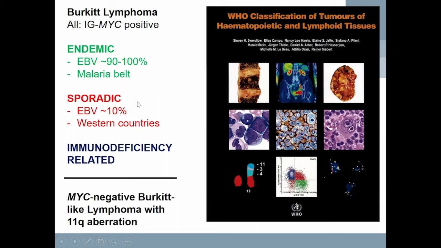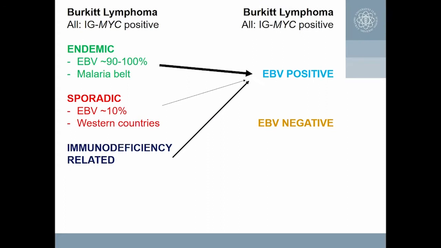If you follow this kind of historic classification, there's an alternative possibility to group these cases, and that's something I will discuss during my talk. On the one hand, the cases which are EBV positive, and on the other hand, those which are EBV negative. Obviously, this classification is in a certain way confounded by the area where the Burkitt lymphoma is diagnosed. But it will be an intriguing question in how far EBV positive sporadics resemble EBV positive endemics, and EBV negative endemics might resemble sporadic Burkitt lymphomas.